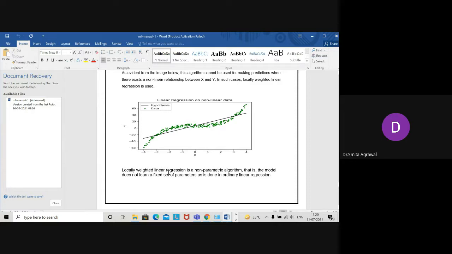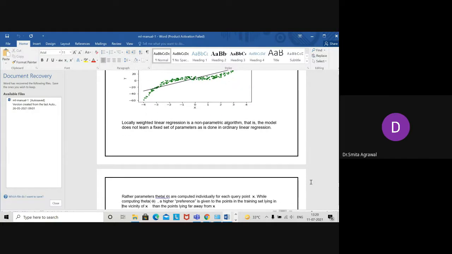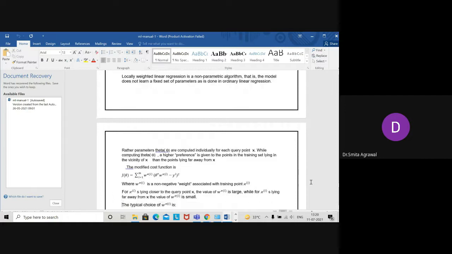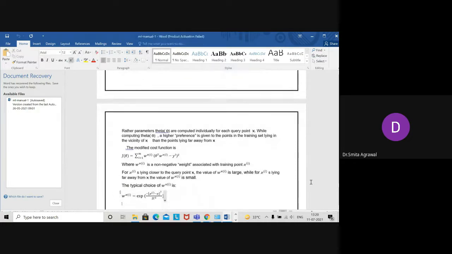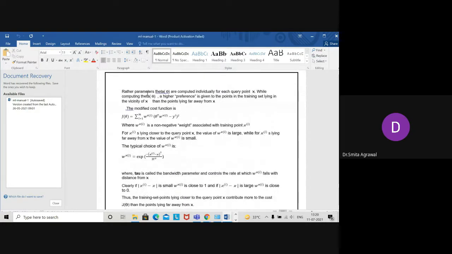Locally weighted linear regression is a non-parametric algorithm, that is, the model does not learn a fixed set of parameters as is done in ordinary linear regression. This is the basic difference between linear regression and locally weighted regression. The parameter theta is computed individually for each query point X in LWR.